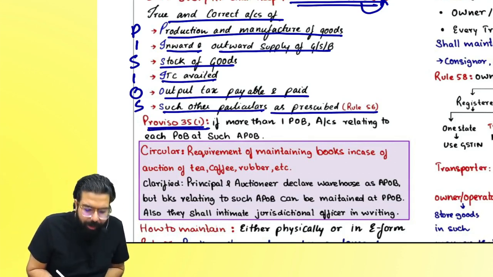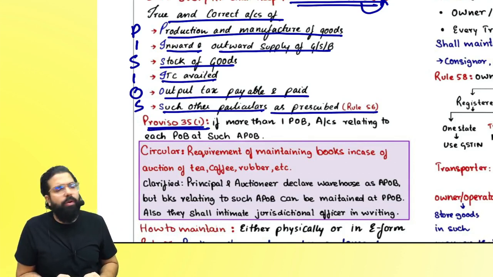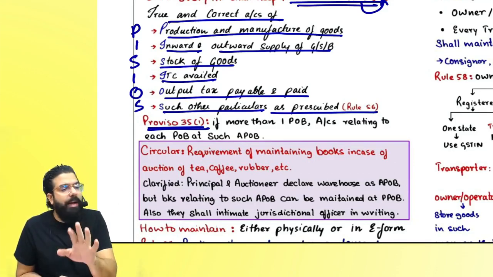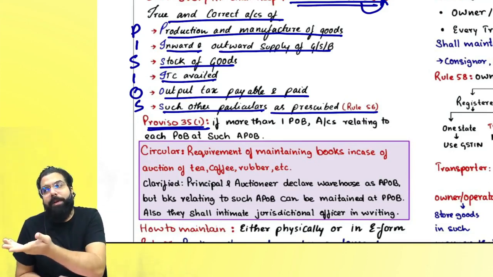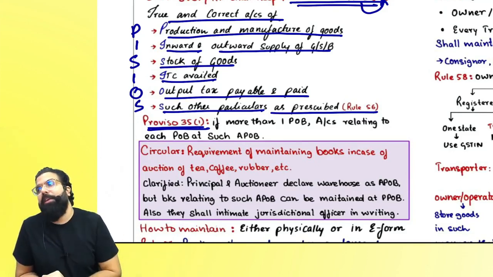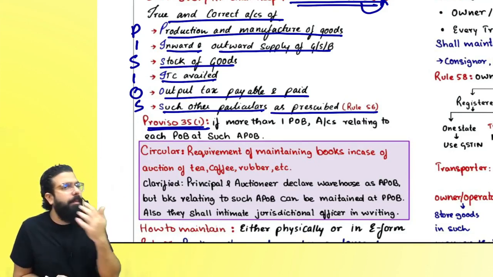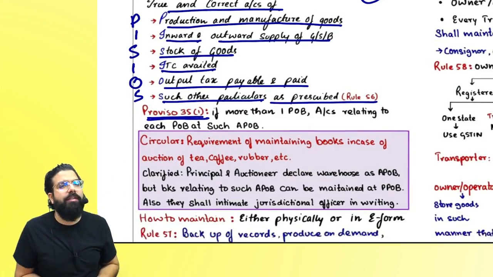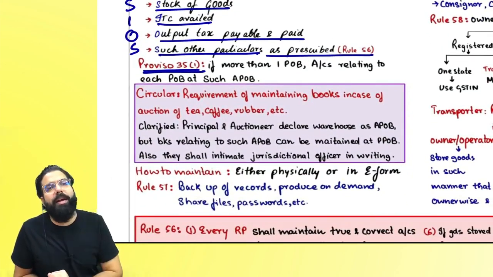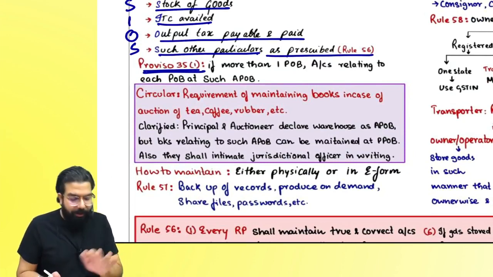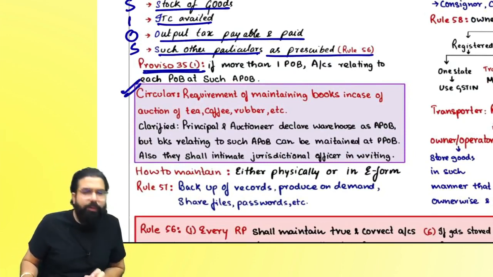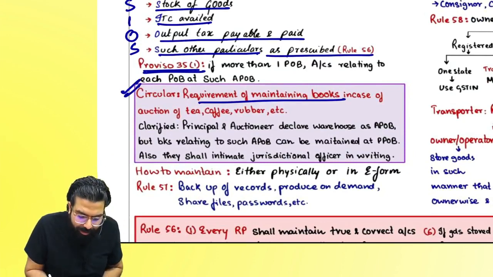Proviso to section number 35 subsection 1 goes ahead and says if you have more than one place of business, then accounts relating to each such place of business should be maintained at such place of business. So if I have an additional place of business, accounts relating to the additional place of business should be maintained at such additional place of business. Now here there is a circular which told the requirement of maintaining books